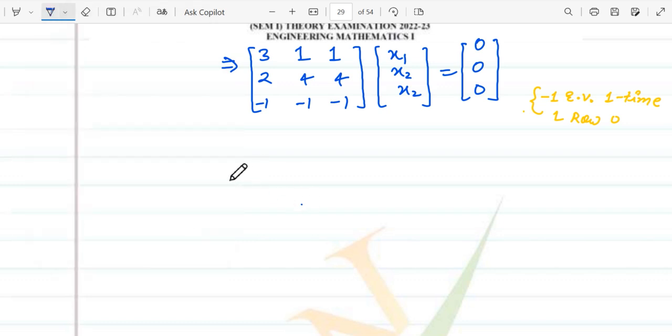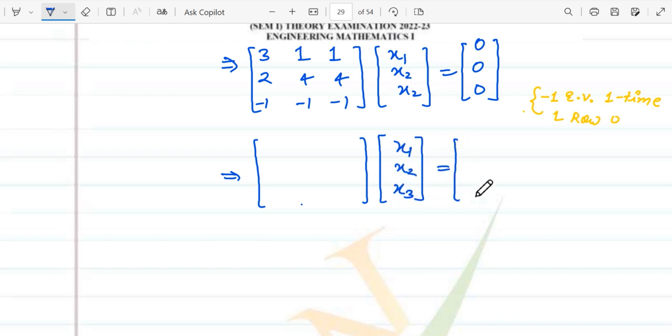This implies x1 x2 x3 इज इक्वल टू 0 0 0।